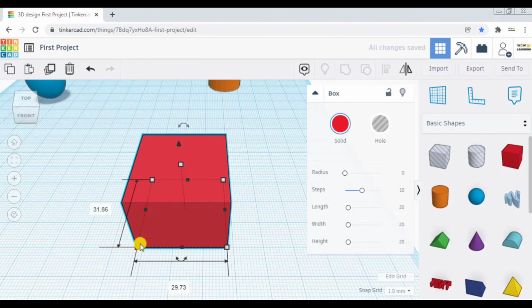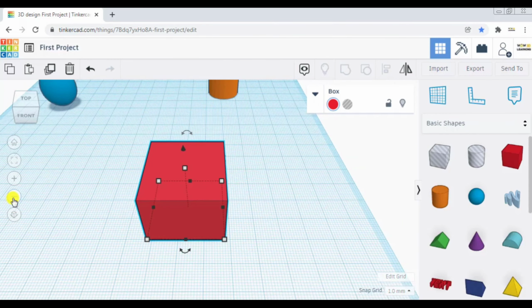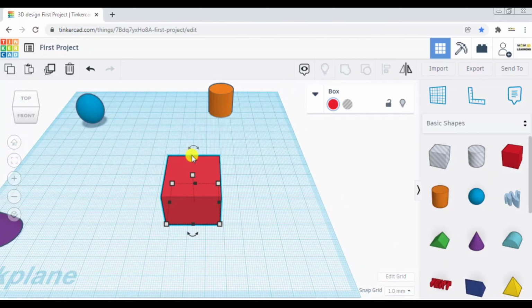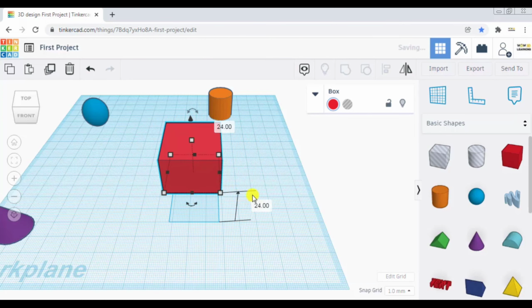Let me wrap this box up. Let me click on the triangle, and zoom out a little bit. Now if I click on this triangle, you can see here the box is lifted in the Z direction.